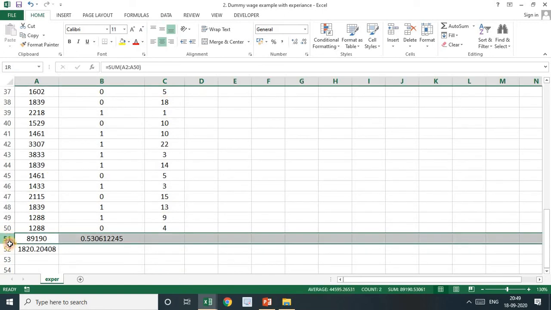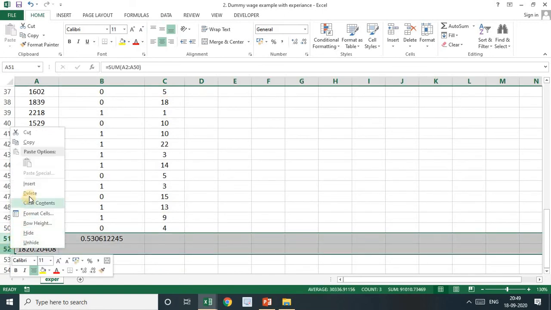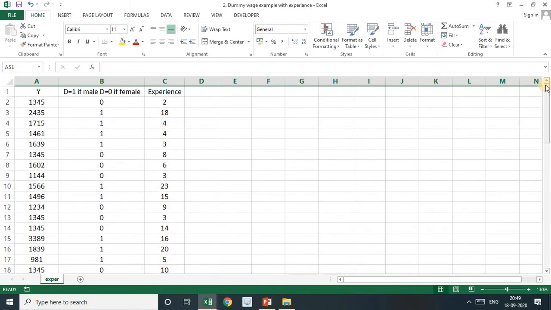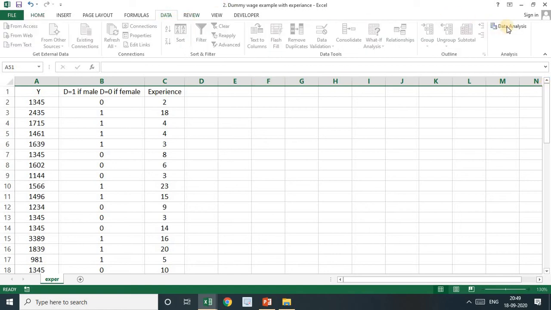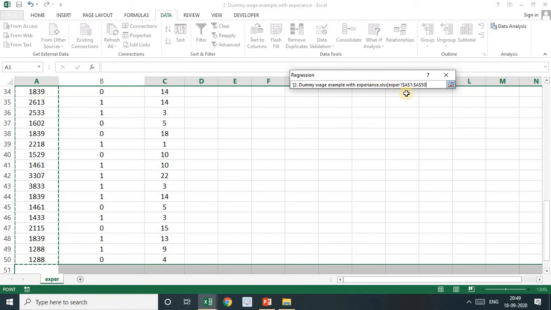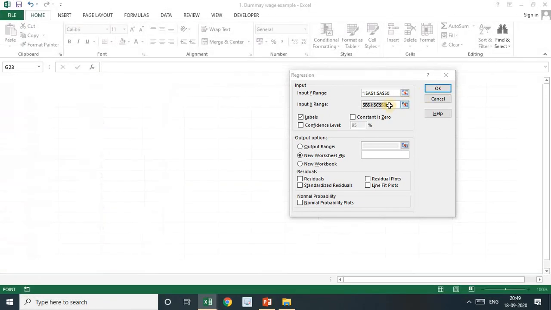So I have both experience and gender dummies. Then what am I going to see? I am going to see whether there are gender differences considering the experience. So what I have to do: go to data, analysis, regression, give your dependent variable, and give your